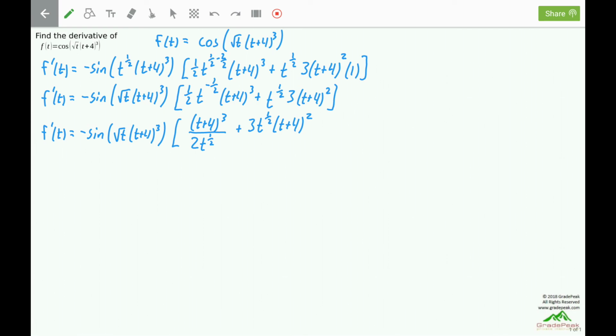Now in our next step, we're going to need to get a common denominator between these terms because we want to combine them to a single fraction. Well, the second term, all of this, doesn't have a denominator right now. We need to match the denominator, so I'm going to multiply it by 2t to the 1/2 over 2t to the 1/2 to produce the common denominator in there. f prime of t will now be negative sine of the square root of t times (t plus 4) quantity cubed